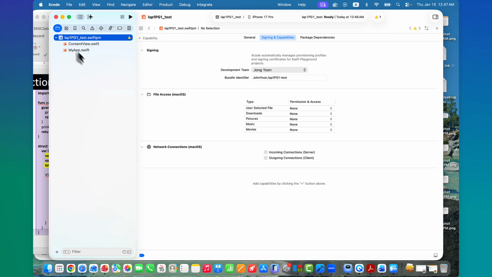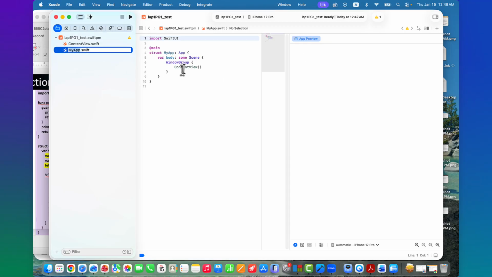And we can see fold and unfold. Two programs are given by default, right? So my app, if you click my app, then you can see here, as I explained, these two things.